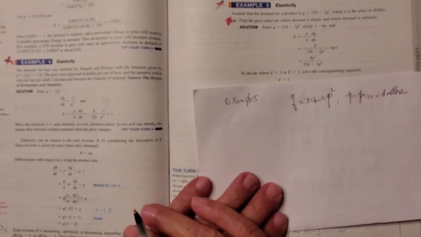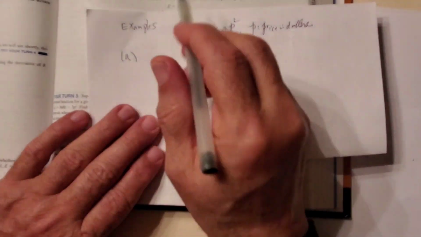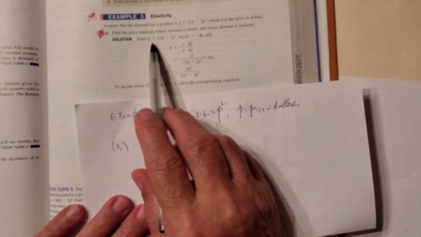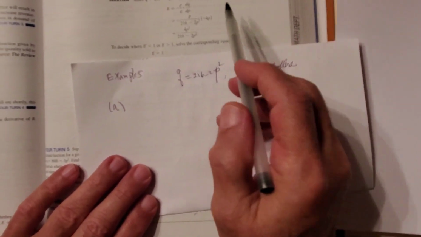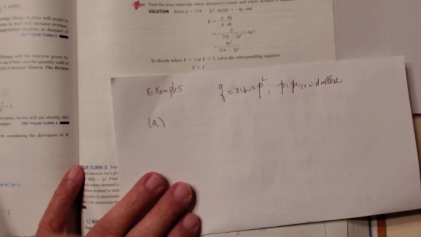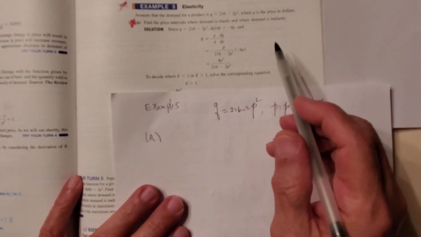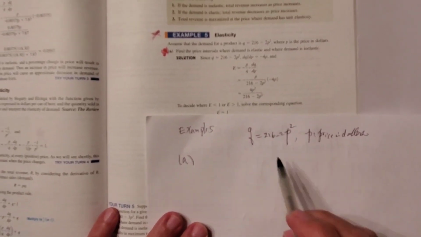All right? Okay. Part A, the question they're asking you: can you find the price interval where the demand is elastic? Demand is elastic, where demand is inelastic. So there are two cases that we had, case 1 and case 2. They're asking you, can you solve it? Yes. First, we take our function,